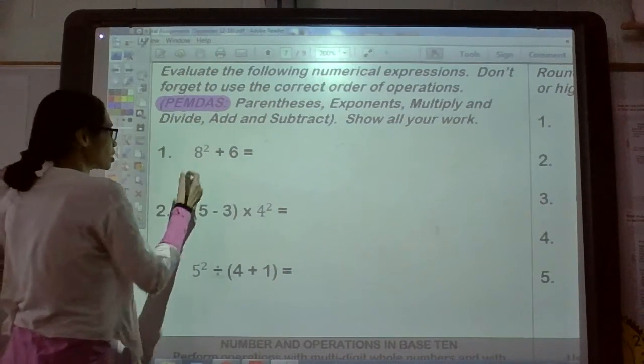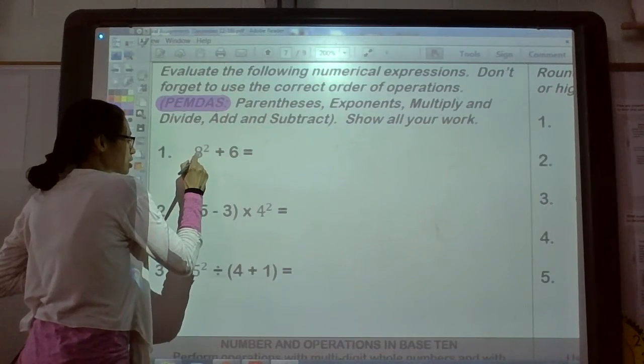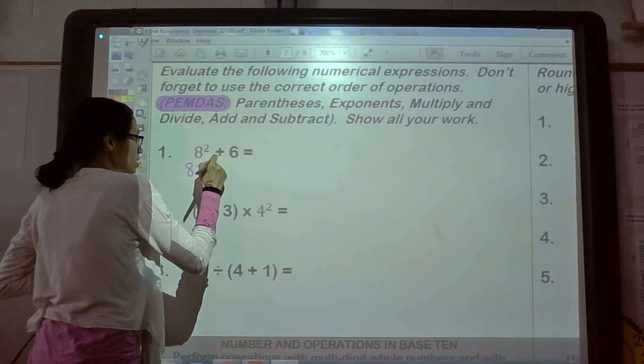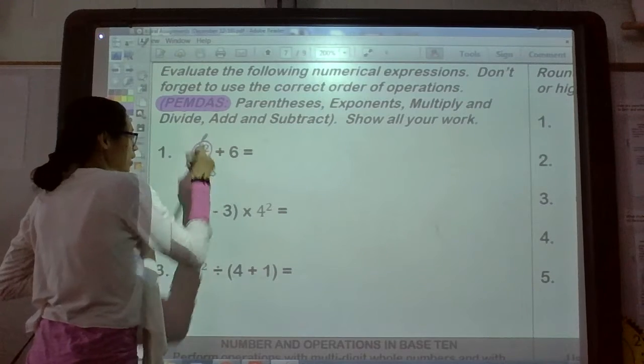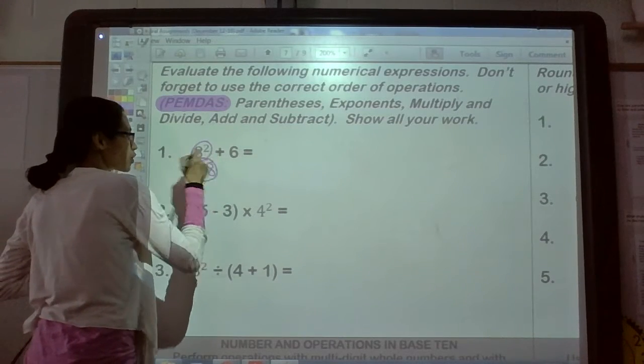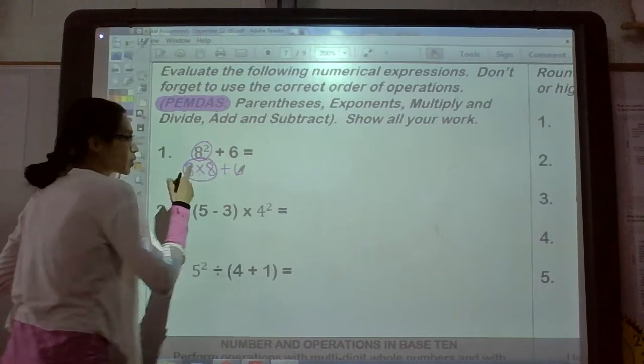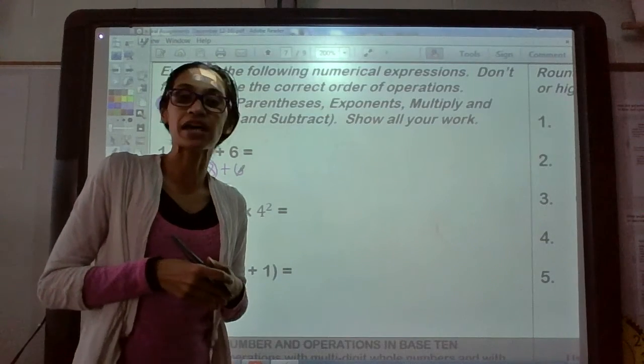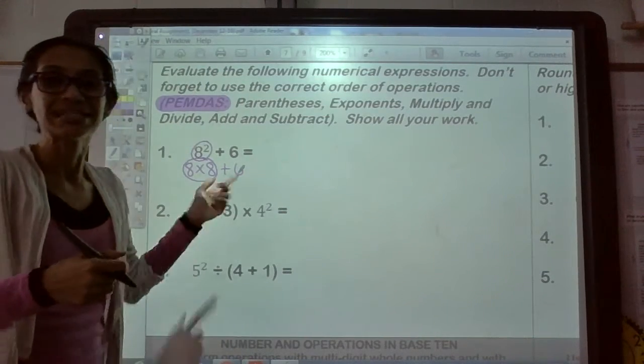It's like doubling that number. So it's not doubling that number. It's 8 times 8. So let me circle that. So 8 times 8, we will do that first. Plus 6. Now, what is 8 times 8? Practice your multiplication facts if you don't know them. What is it? 64